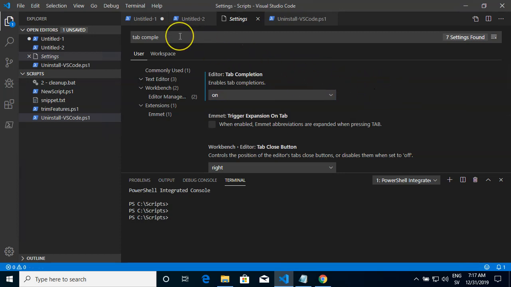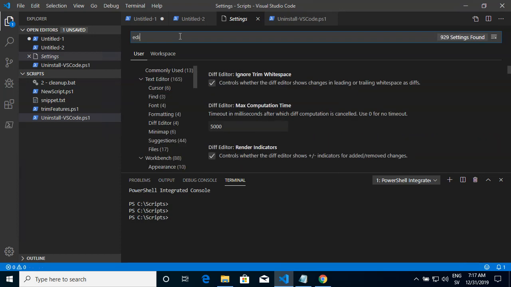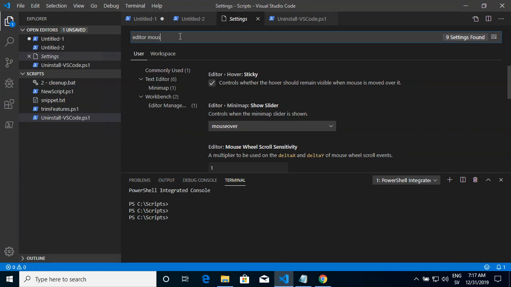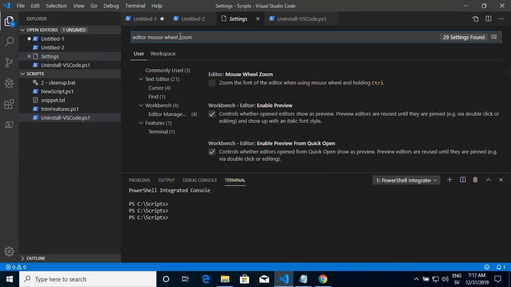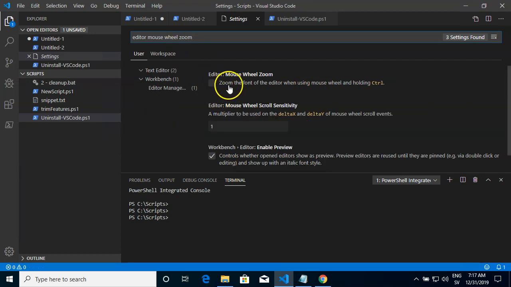Set it to on, and then we go to editor, mouse wheel, zoom. Zoom the font of the editor when using mouse wheel and holding control. We click on that one, enable it, and then we go to